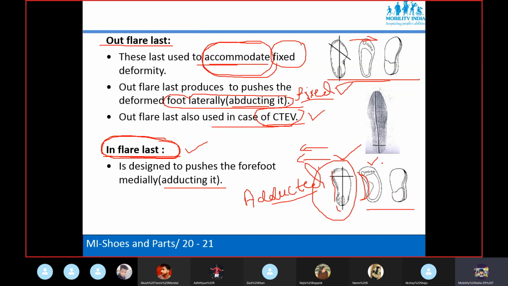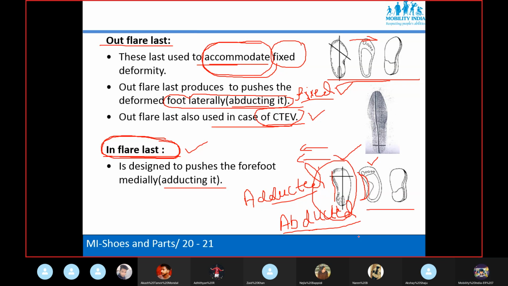And if our foot is abducted and flexible, then what type of shoe last do we need? If our foot is abducted and flexible, then what type of shoe last?